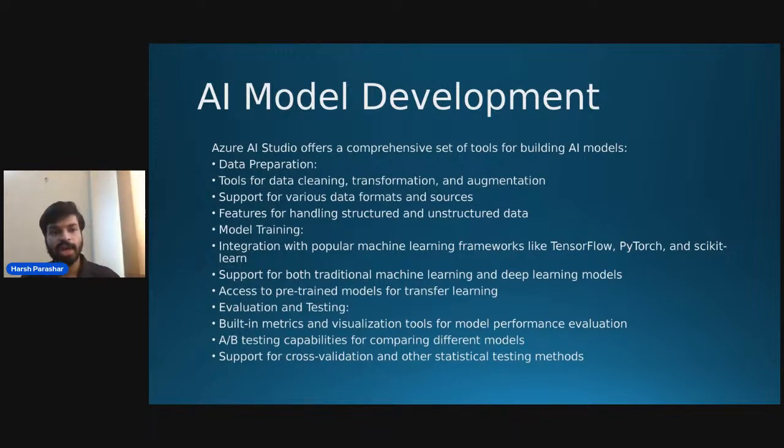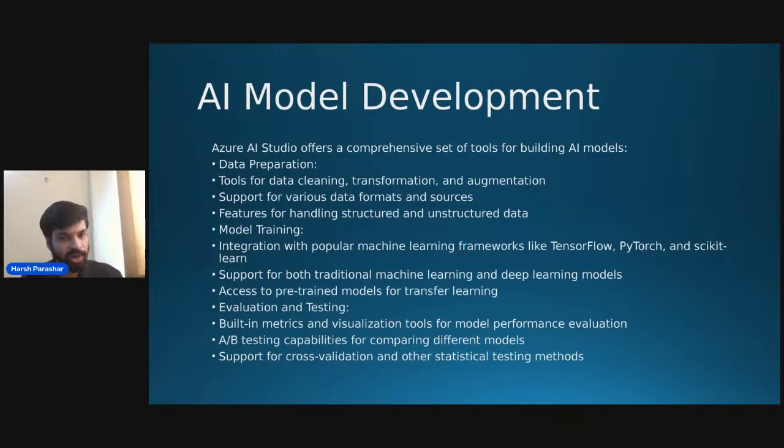If we talk about data preparation, which is the primary step, you need to get a clear overview of what you want to make or what you don't want to make. So you also require tools for data cleaning. As we are discussing, unstructured data is of boundless volume. So you need to get rid of negative data, data of no use, or you have sorted the data, like even if the data is structured, you need to decide whether you require it for your startup or not. So you need to structure the data and you have to clean the data.